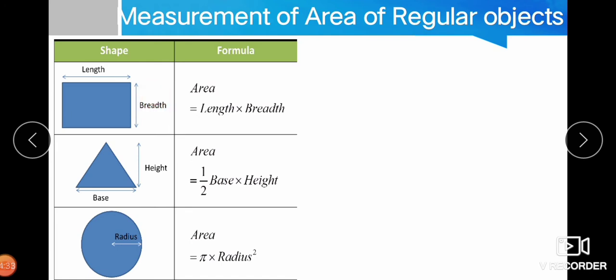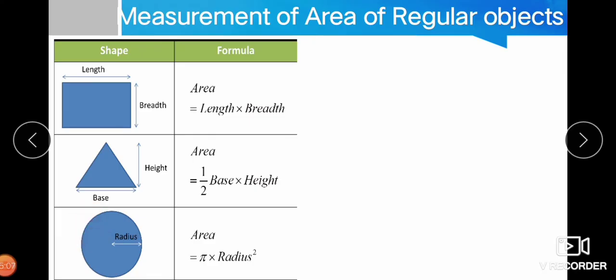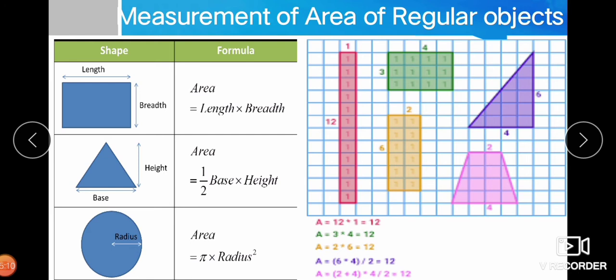We can calculate area of a page of our book, area of blackboard, area of wall of our home by measuring length and breadth. Using the formula for triangle, we can calculate area of many triangular shaped things, and using the formula for area of a circle, we can calculate area of a tire of bicycle, ring, bangle, which have small thickness. We can also use